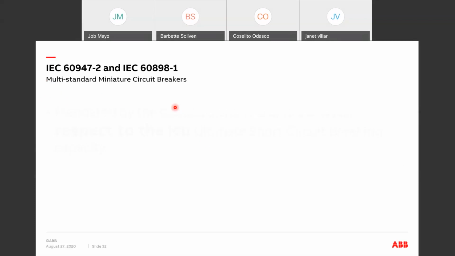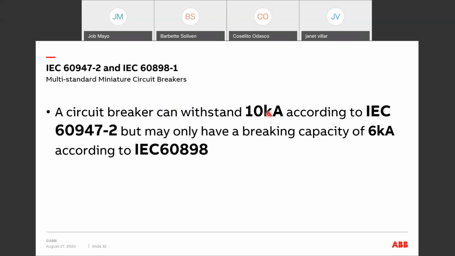So again, most of the time there are circuit breakers that you'll find in the market that are both compliant with 60947-2 and 60898-1, which sometimes for designers, consultants, and contractors is quite confusing: which standard to use during the selection phase of miniature circuit breakers. Basically, a circuit breaker can withstand a 10 kiloamp short circuit according to IEC 60947-2, but may only have